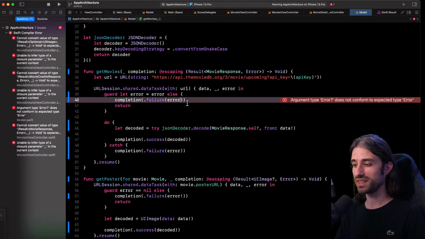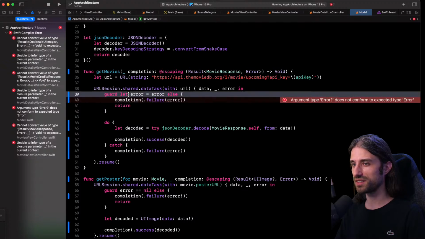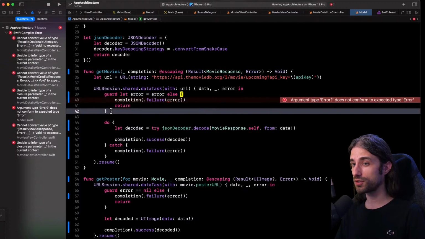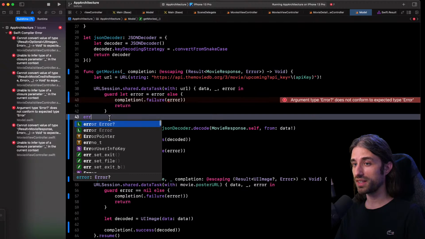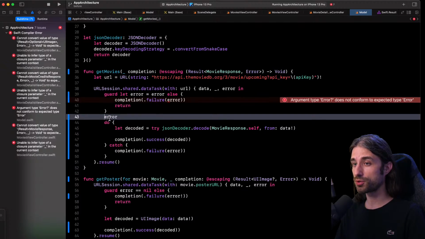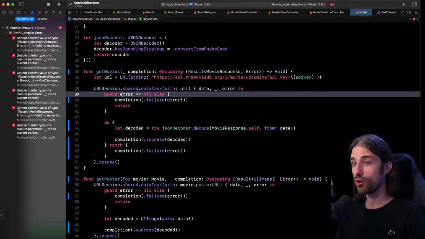Unfortunately, it's not going to work, because what this guard syntax does is that after the guard block, the error is actually non-optional. But here, that's not what I want to do. I want the rest of my function to only execute if the error is nil. So it's a little bit confusing, and I'm not going to lie, I made the same mistake when I wrote the code the first time, but this is actually how you want to write it.